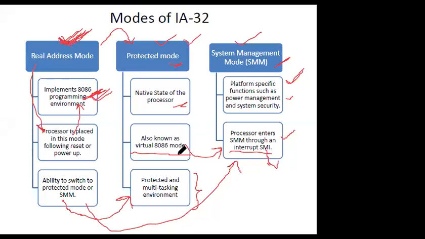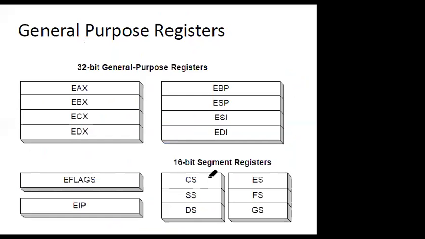So let's move on to the basic introduction. After the discussion of these modes, let's move on to the basic introduction of the IA32 architecture. As we have seen in the architecture of the 8086 microprocessor, it was a 16-bit system. So if it was a 16-bit system, we had registers up to a capacity of 16 bits. Now we have 8 GPRs, general purpose registers, as I have mentioned previously.